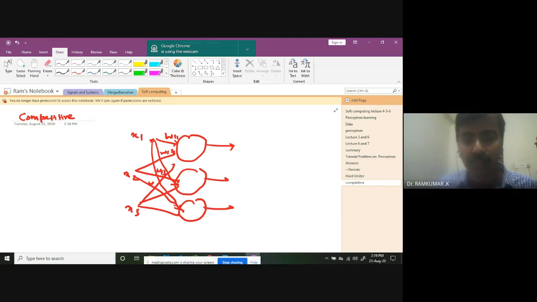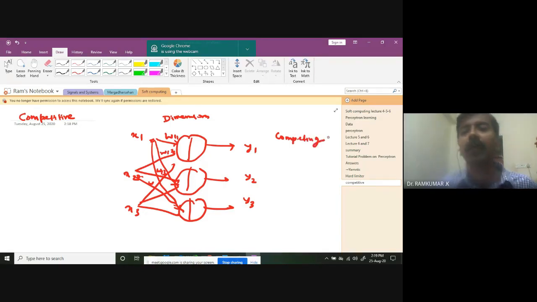Imagine that. You have a set of weights here. Right now, don't bother about the dimensions of these weights. We will learn all those things separately. Just imagine we have separate weights here, and you get different outputs. Out of these 3 neurons, it's more like these 3 neurons are competing. When they are competing, out of these 3 neurons, one may fire. The output can be 1 for any one of these, and the other 2 values can be 0. It's a kind of competitive neural network you'll be learning again.